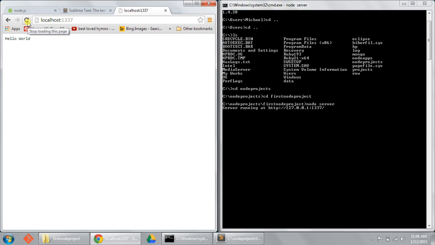Now, step 11, give yourself a pat on the back. You've just downloaded, installed, and set up your first node server and opened it in a web browser. This might not seem like much, but it's the first baby step towards doing so much more. Step 12,